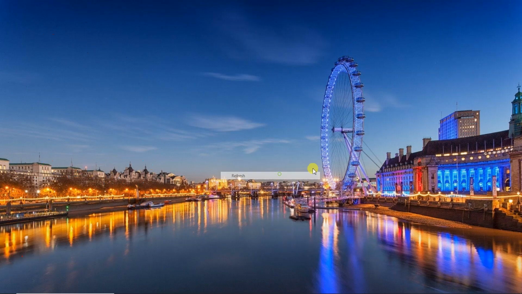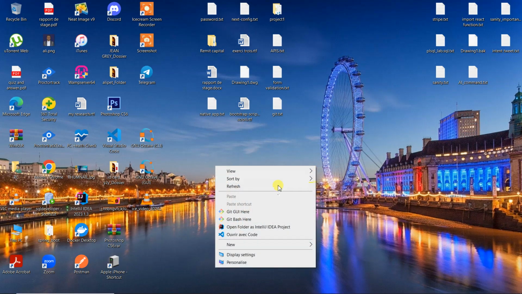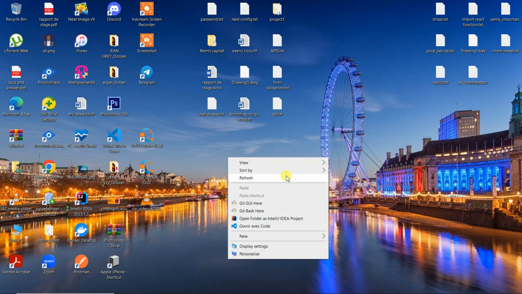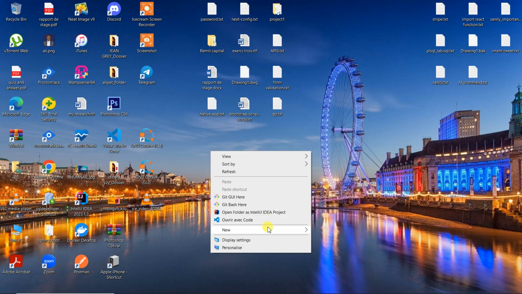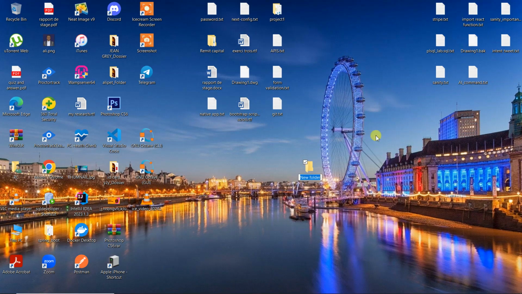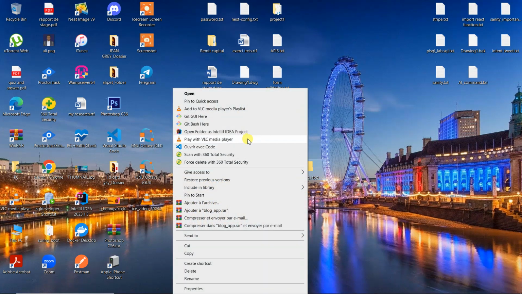Let's call this one our blog application, because we are going to use CMS, Sanity CMS. Okay, here go and create your new folder. Let's call this one blog app, and then open this one here with our